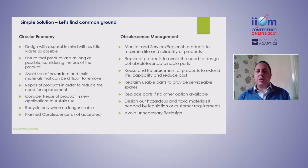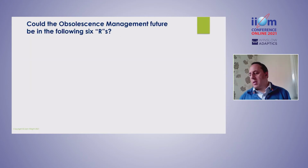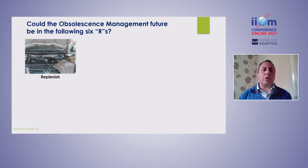Is it possible to consider a common synergy? Well, I believe there is. And obsolescence management could be in the following 6 R's. Replenish. You get your car serviced on a regular basis, and there's materials that are constantly being replaced on that. Oils, seals, maybe even the odd battery here, there, light bulbs. Sometimes cars still have incandescent light bulbs,